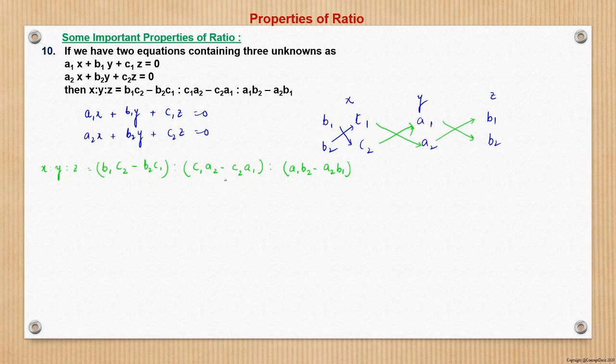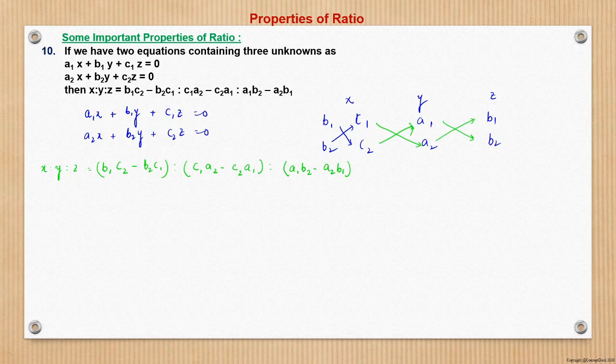So this is the ratio. We should not even need to draw this cross diagram. For x it will be b1 c2 minus b2 c1: we multiply the cross, then another cross multiplication, and subtract the two. For y the pattern is a bit different: c1 a2 minus a1 c2. And for z, it is again the standard a1 b2 minus a2 b1. You can remember this, or keep in mind the logic I just explained, and then solve. So here we have found the ratio of x is to y is to z.